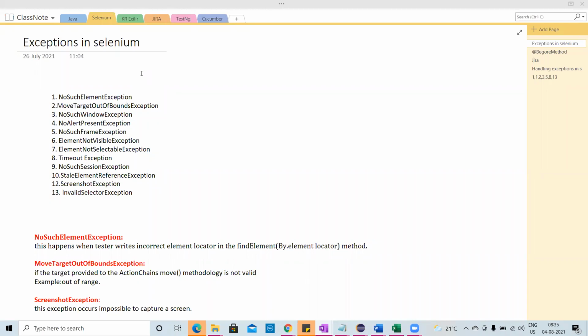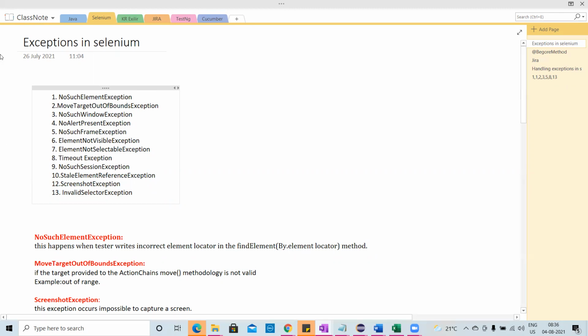So today we'll discuss the different types of exceptions in Selenium which we have come across. Here I have listed around 13 exceptions. I'm very sure you would have received the same exceptions at some point in your lifetime. These are also the exceptions you can expect in interviews. They'll ask you for the difference, or they'll ask you to name the exceptions.